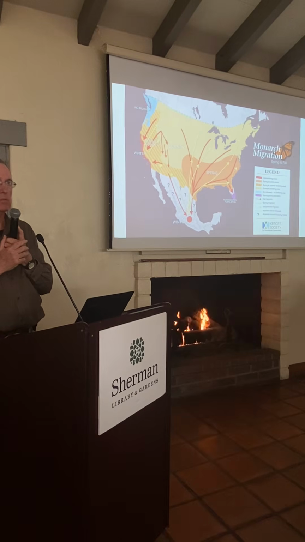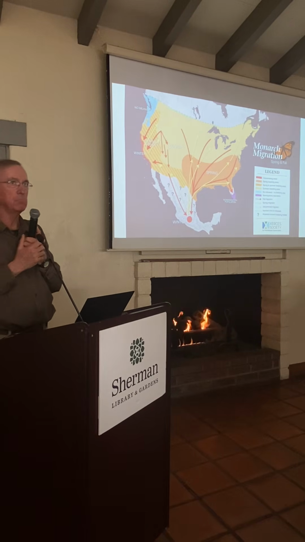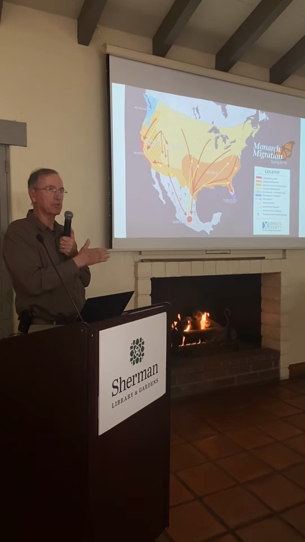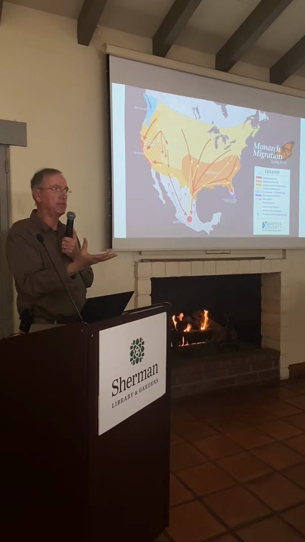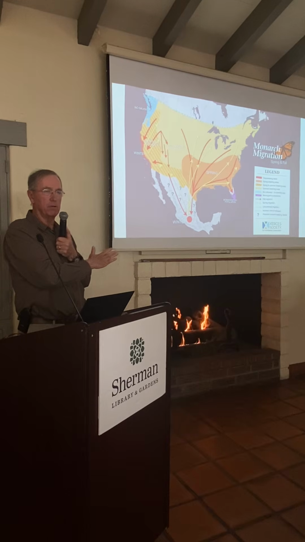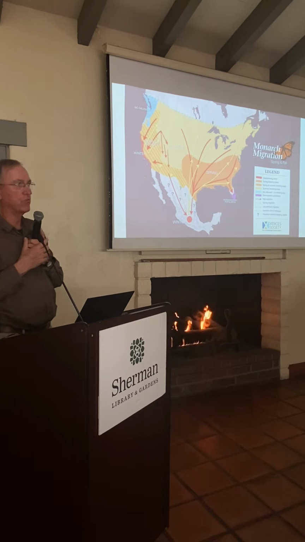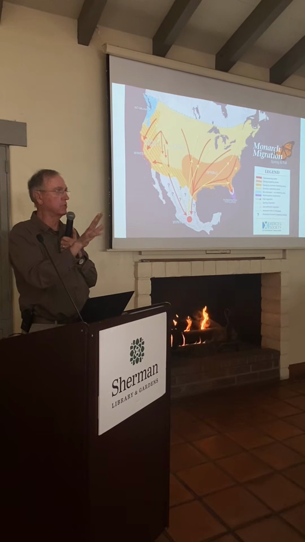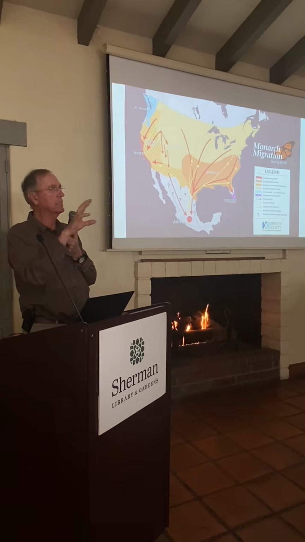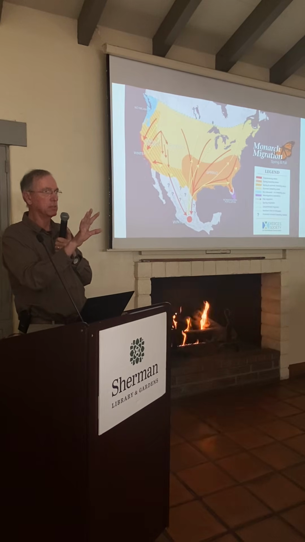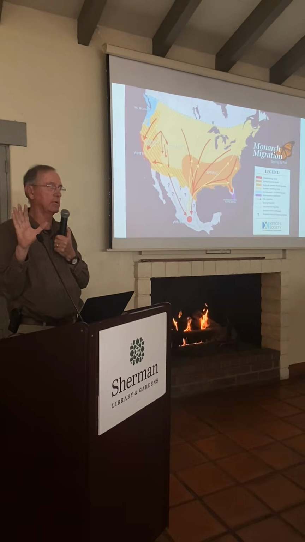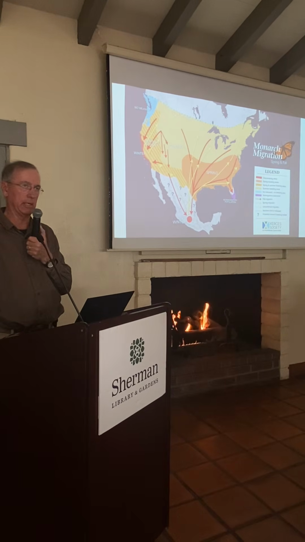So in North America, in the United States, we have two populations. We have an eastern monarch population, which is basically from the Rocky Mountains east, and we have a western population, which is what we're talking about today, which is the western side of the Rocky Mountains through the California coast. It's very important to know that those are two different populations. They're the same species. There's a little bit of interbreeding, not much. They pretty much are separated and isolated, but they behave differently.